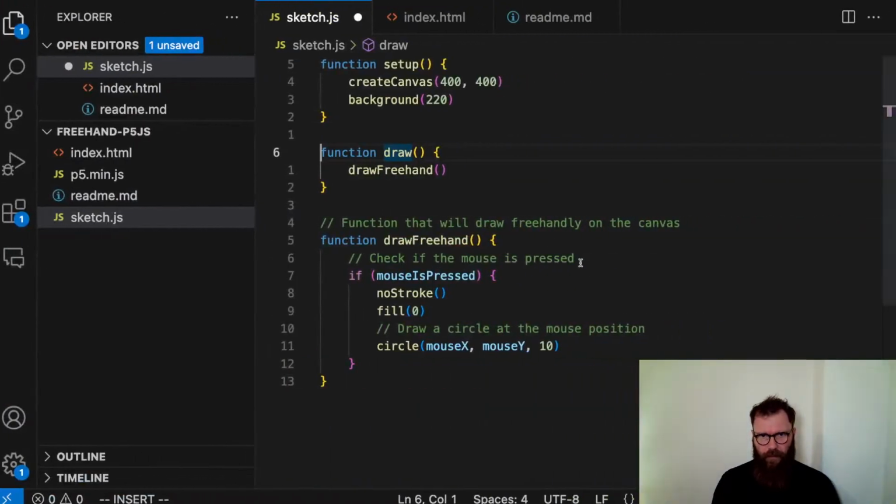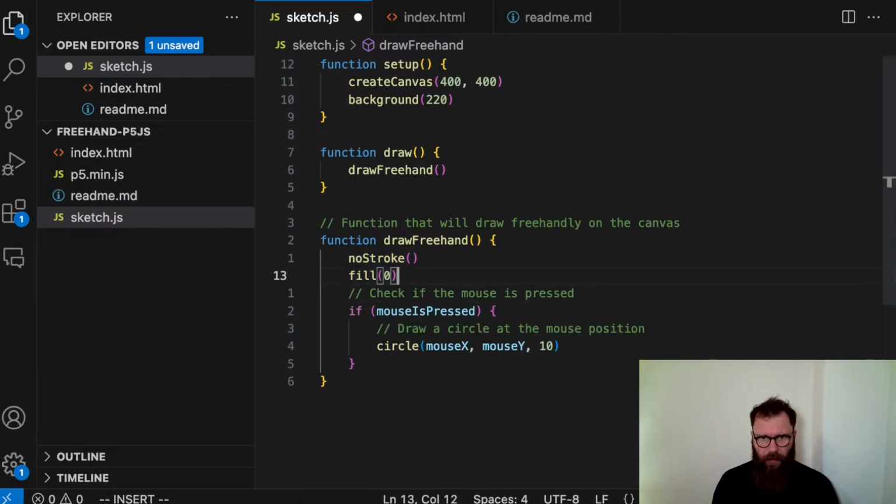Yeah, okay, so actually I can do these. Okay, oops. I can put these outside, and then if mouse is pressed, instead of drawing a circle,